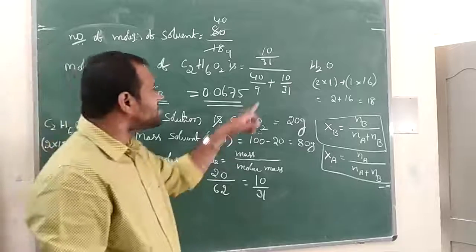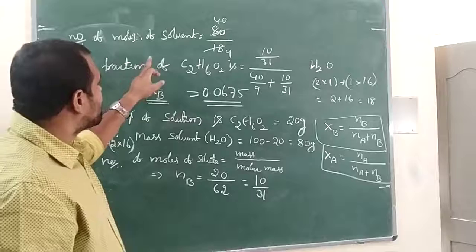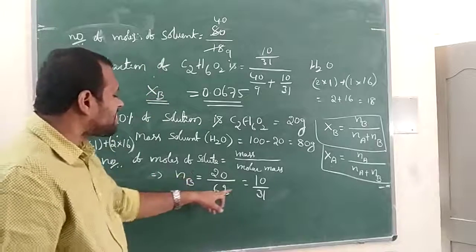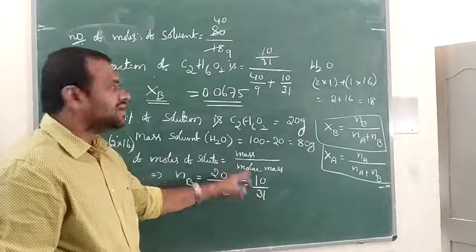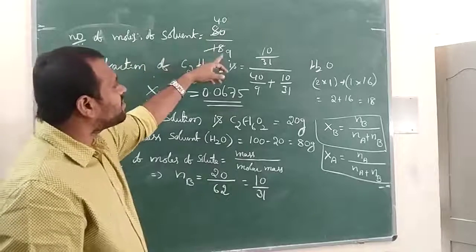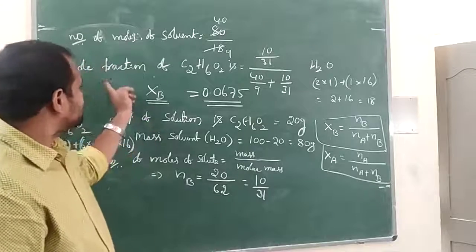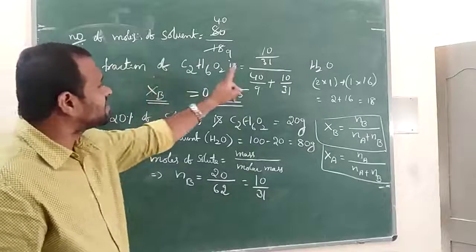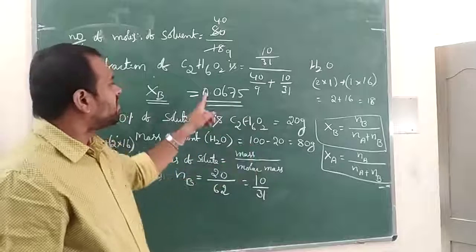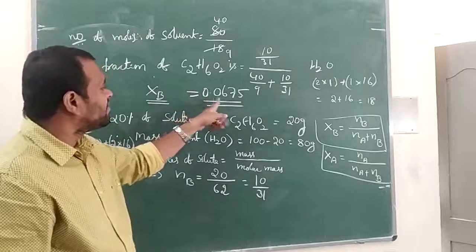Molecular mass of water is 18 grams. Then the number of moles of solute is mass by molar mass, we get 10 by 31. The number of moles of solvent is mass by molar mass, that is 80 by 18, we get 40 by 9. I substitute all these things in the formula. By using a calculator or anything, you can calculate,